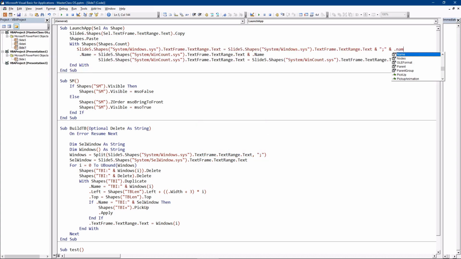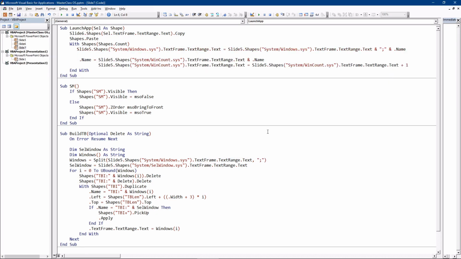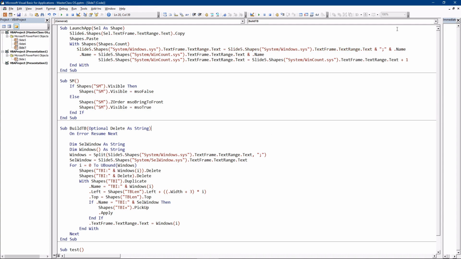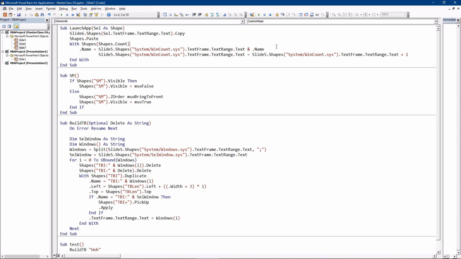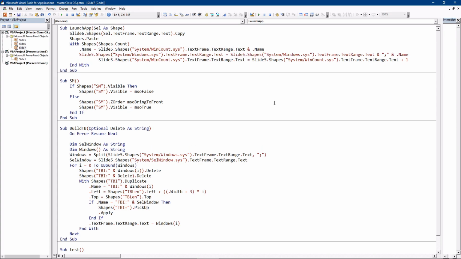And .name. Actually, we don't, because we want them to be different. So let's undo that. There we go, and .name, and we'll increment that counter, and